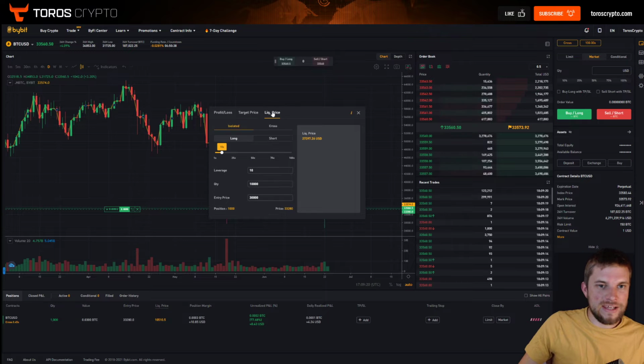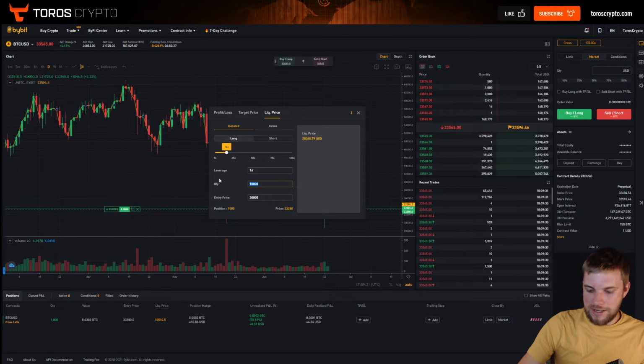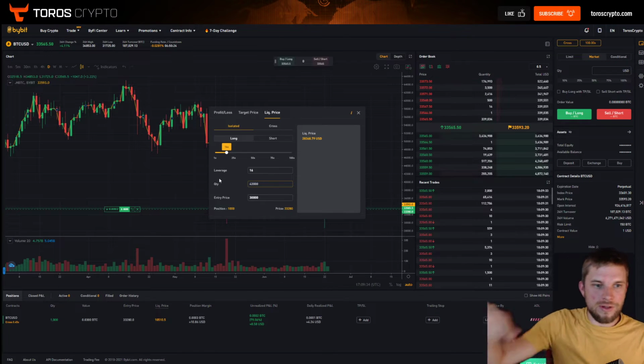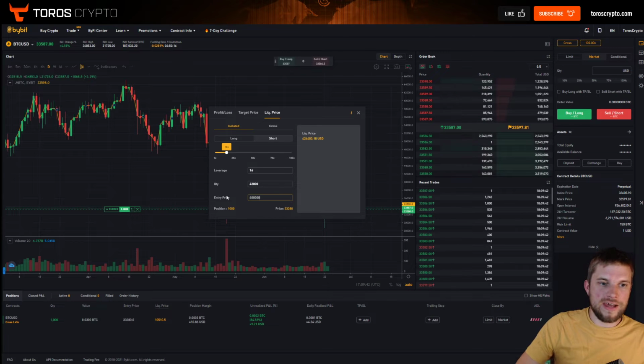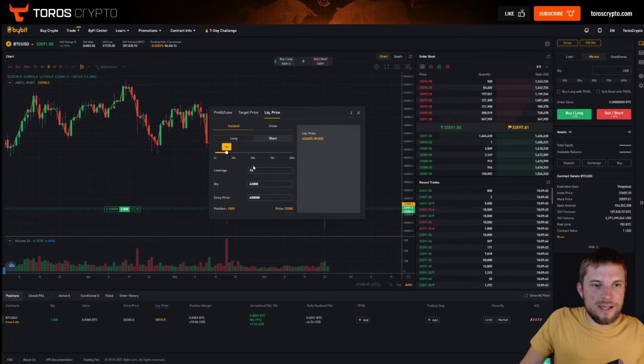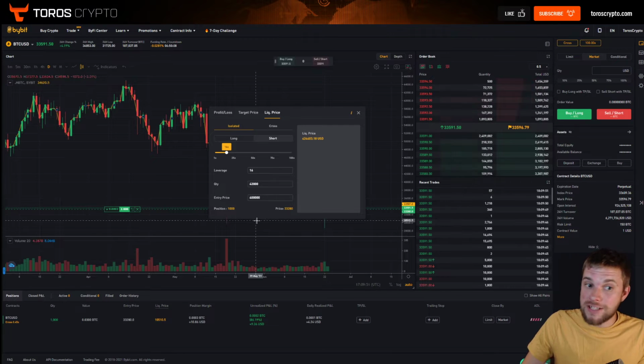Finally, we have here our liquidation price. So again, let's say you are using, at this stage, let's go up to 16x leverage. Let's trade $42,000, and let's say we want to take a short position if and when price gets to $40,000. Okay. This will tell you that if you were to take this trade, you would be liquidated. That would mean you would lose your entire trade. So everything that you put into this trade, the market would take from you. If price goes above